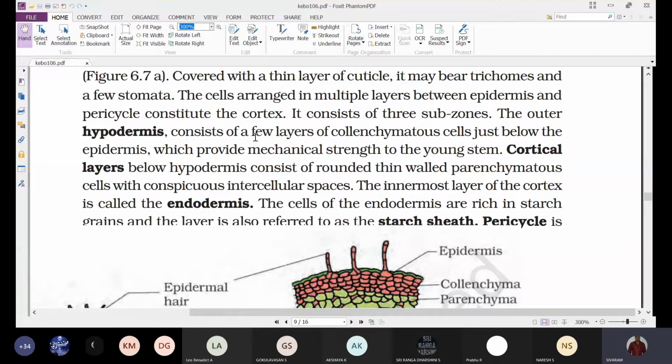When you observe this cortex, in the dicotyledonous stem it is differentiated into three layers. That means it consists of three zones, three subzones: the outer hypodermis,